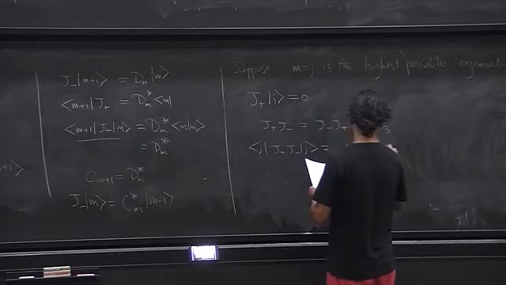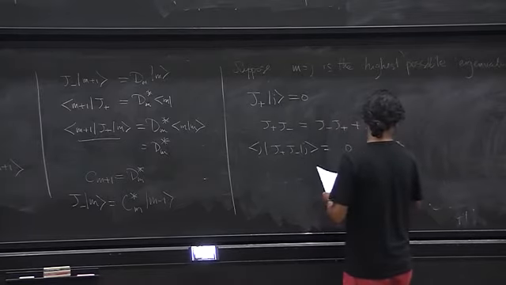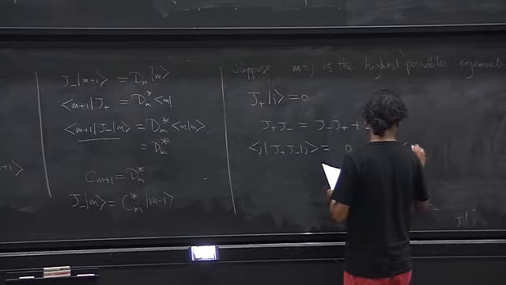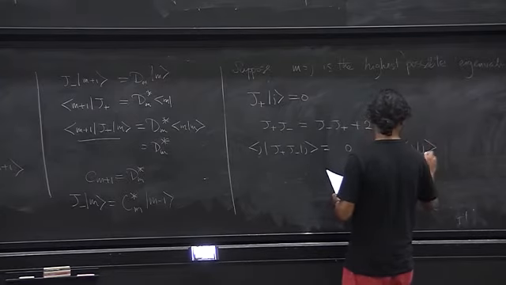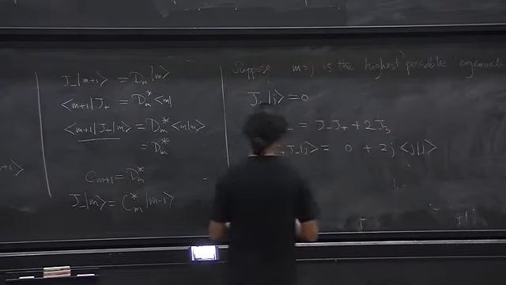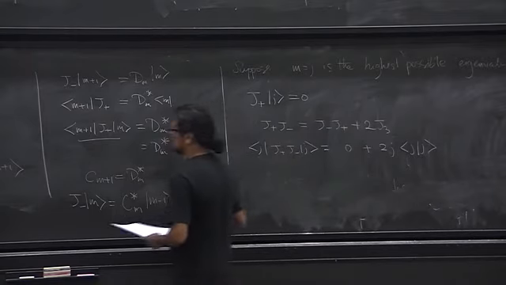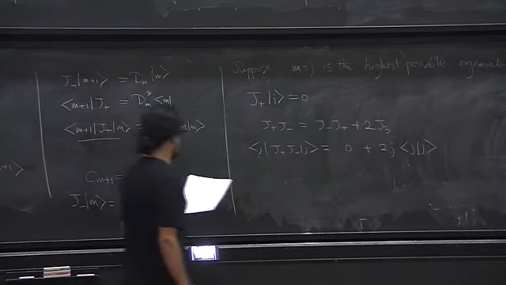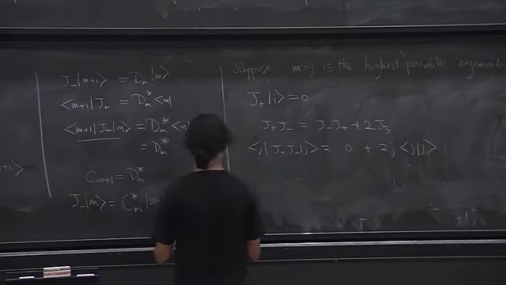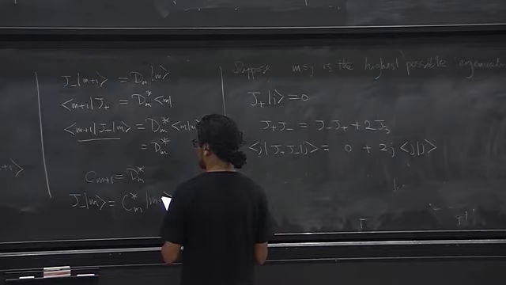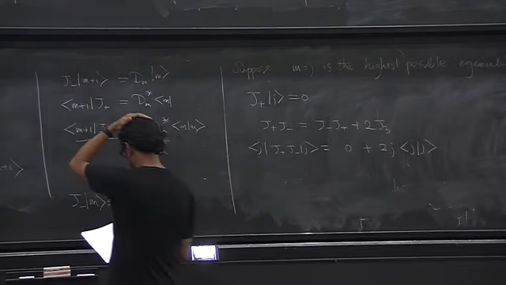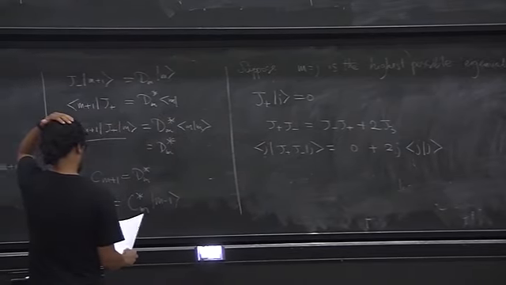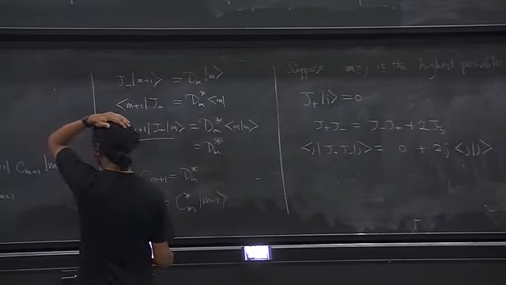The second term gives me 2j, <j|j>, right? But this is J minus acting on this gives me,